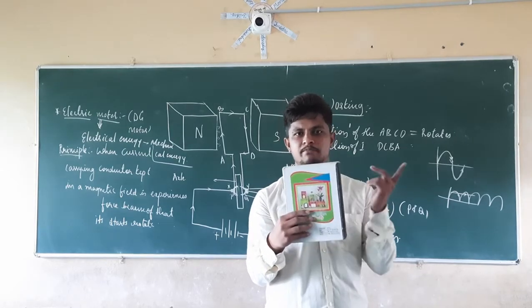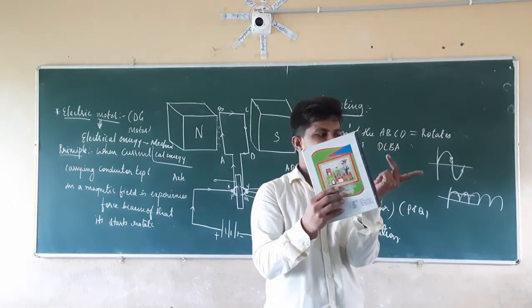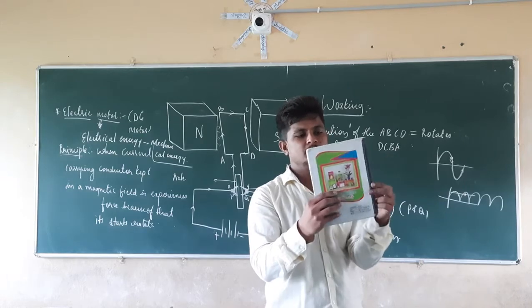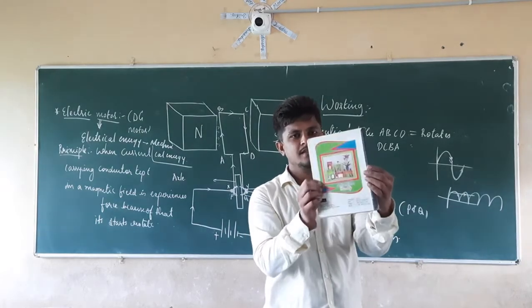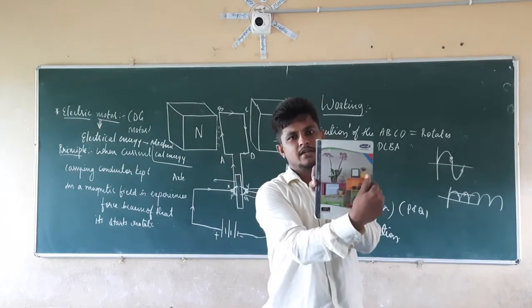Again when you apply Fleming's left hand rule here, the direction of the current is in the upward direction, and the direction of the magnetic field is in the left hand direction. Again it is going to rotate in the backward direction like this. So the force acting here is in this direction. So again it is going to come here.